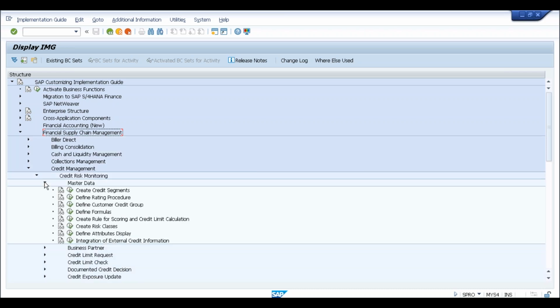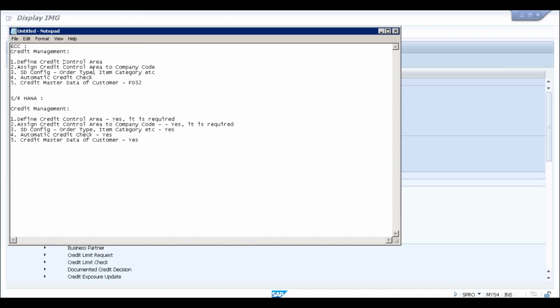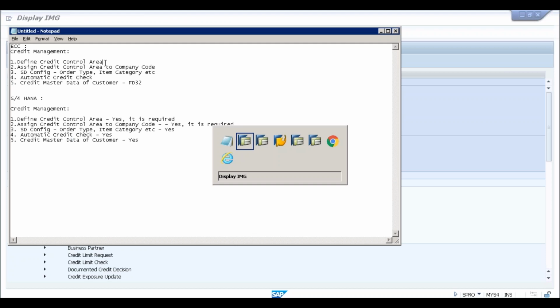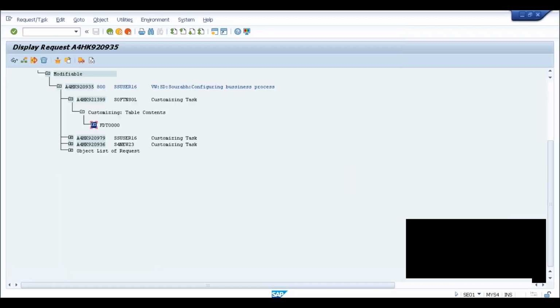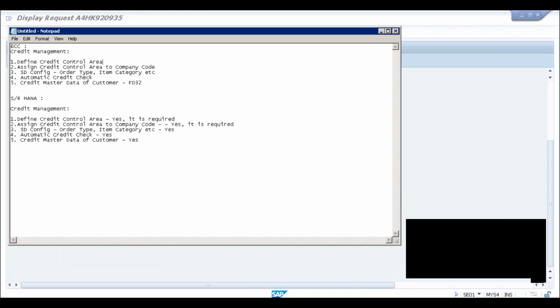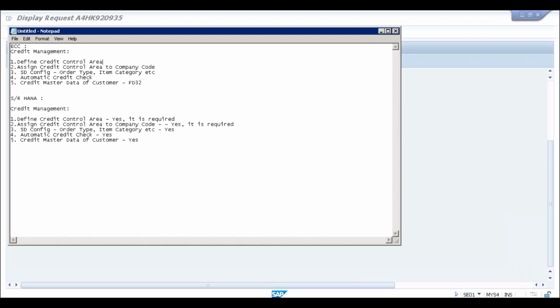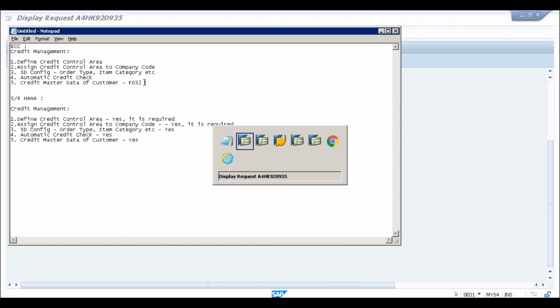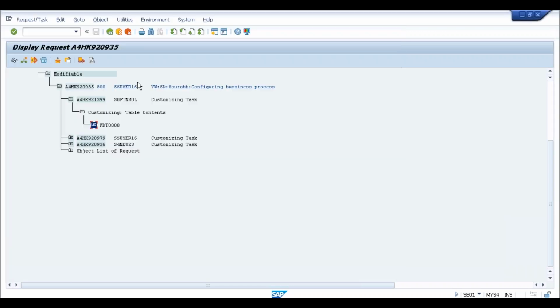Only one major difference here is that in ECC, the top node was the credit control area. You were defining the customer credit. In FD32, when you were creating the customer credit master, whatever credit limit you specified was valid for that credit control area. But now let me first show you, if I try FD32 here to update the master data of the customer,